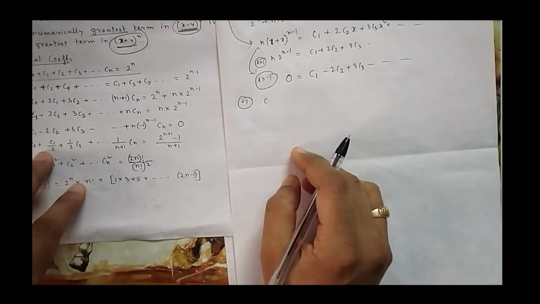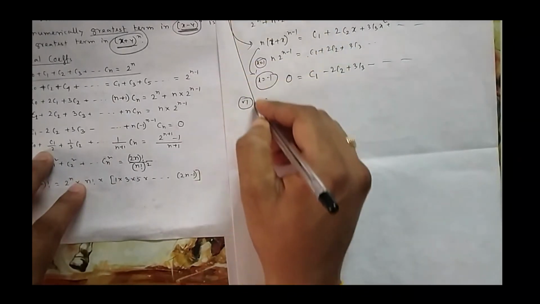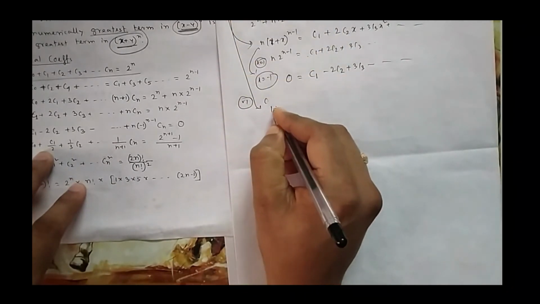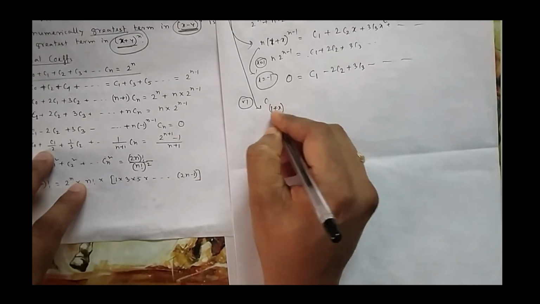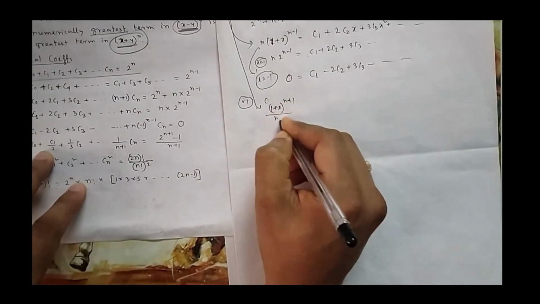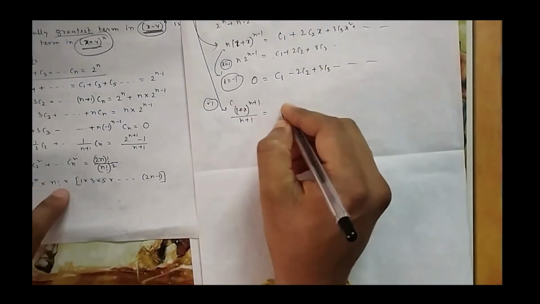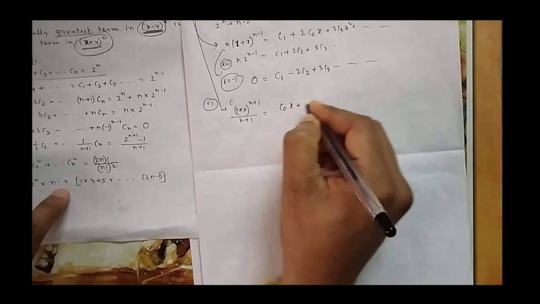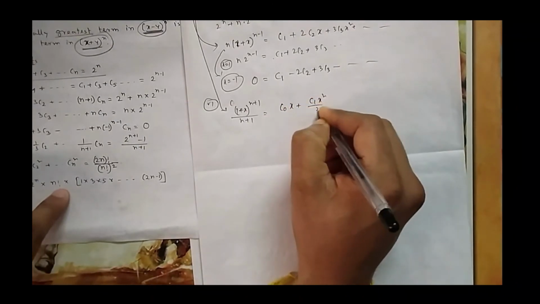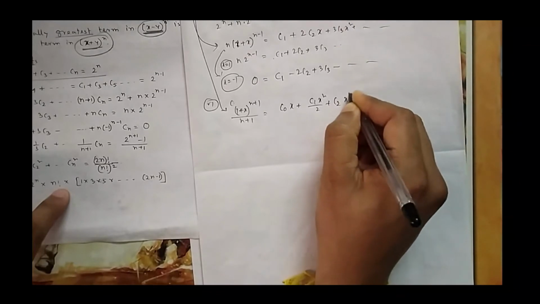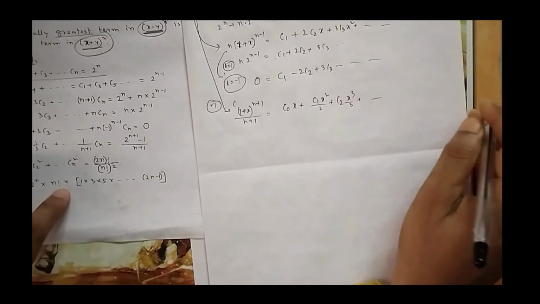That means it is somehow integration. Now if I integrate this one, you will see x to the power n becomes x to the power n plus 1 divided by n plus 1. Here the coefficients come below, but with a plus, it increases. So it will be C0 x, then C1 x squared by 2, then C2 x cube by 3. I am not doing the last one, you can do it easily.